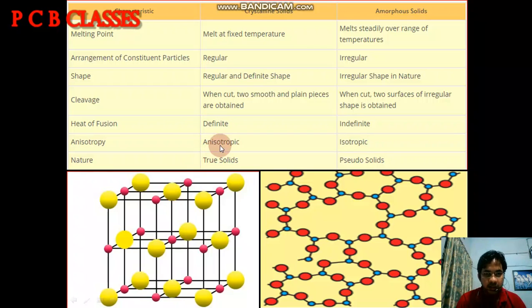Okay, so what is the case of anisotropic in case of crystalline solid? In case of crystalline solid, if you measure the physical character, like refractive index, like melting point,